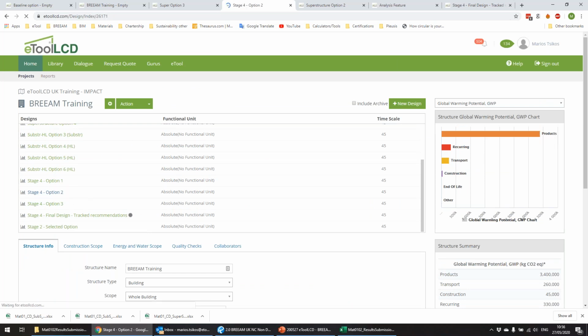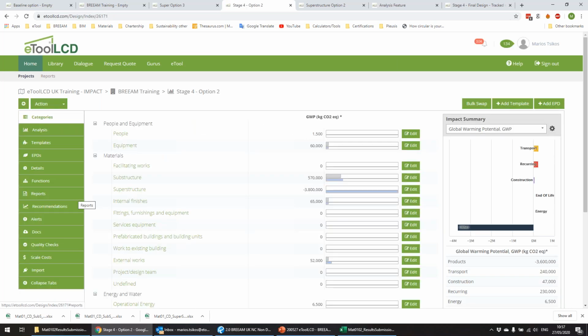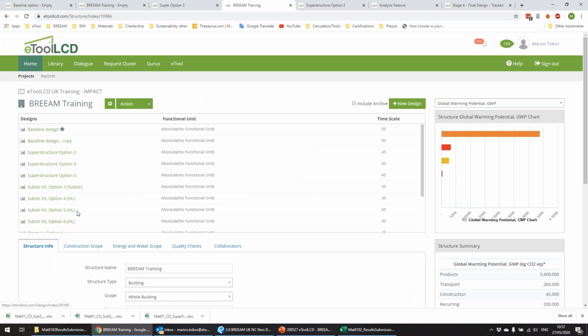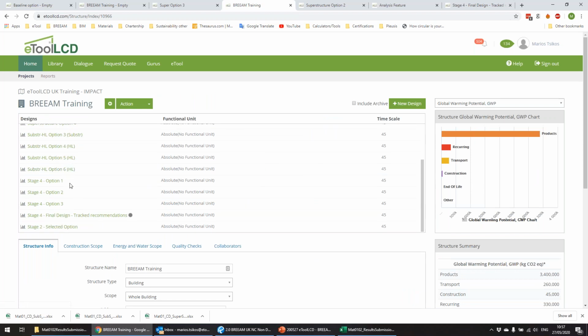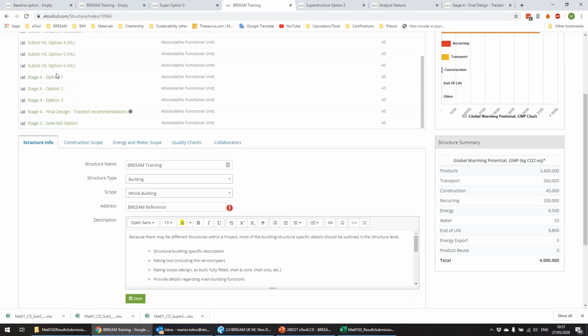I think in this one I changed the external walls basically, and in the other one I changed the aluminum fins with timber fins. And in a similar way, I exported those results